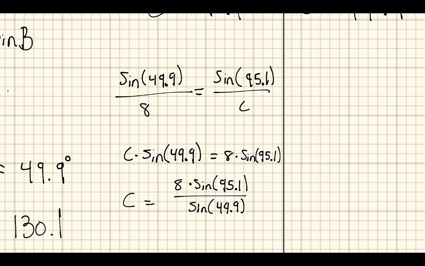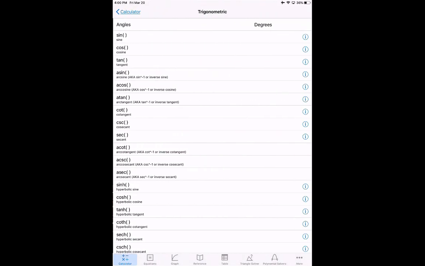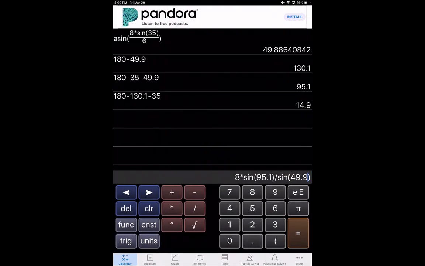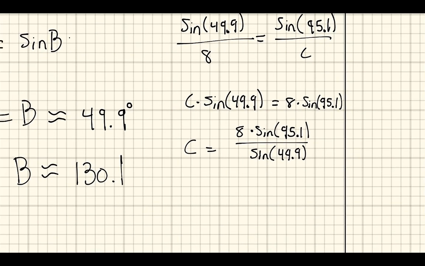So let's multiply these through. 8 times the sine of 95.1 divided by the sine of 49.9. Little c could be 10.42. Or c could be,